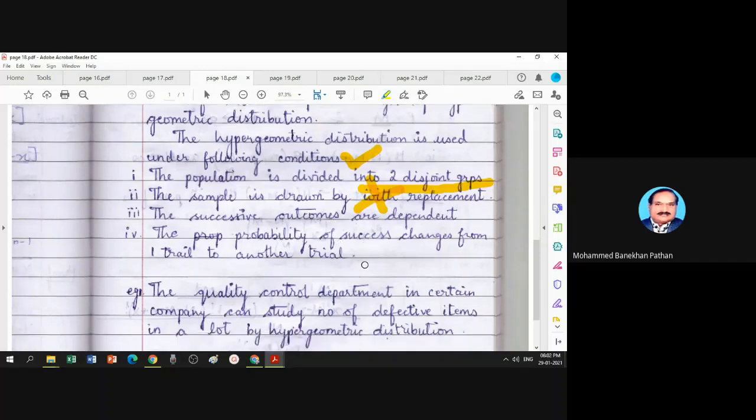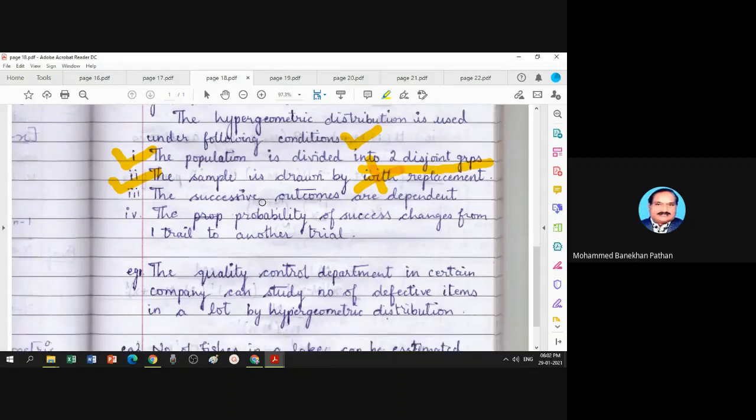So the most important condition is number one: the population should be classified in two disjoint parts and samples should be selected without replacement. Then you can apply